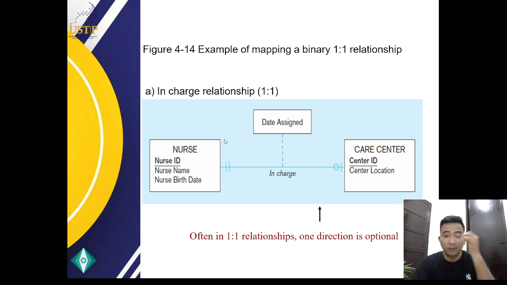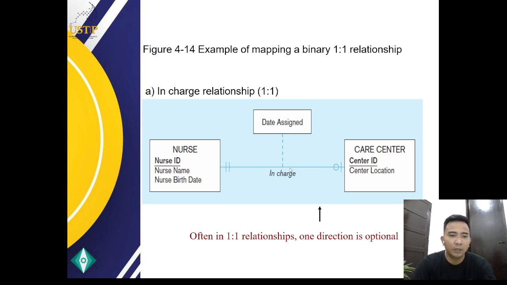So the nurse entity here has the attributes of nurse ID, nurse name, and nurse birth date. While the care center has the attributes of center ID and the center location. So the relationship is one to one.